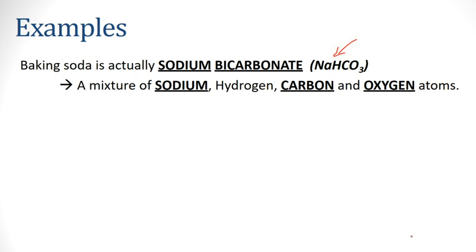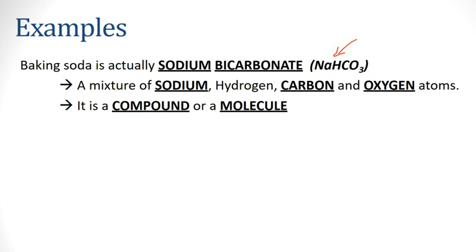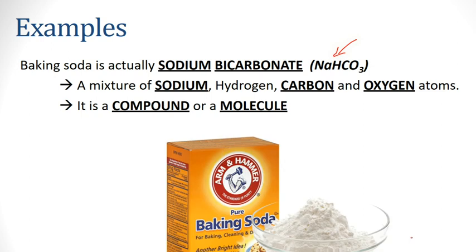So if you take sodiums, hydrogens, carbons, and oxygens, and put them together a certain way, you get a molecule of baking soda, or the smallest unit of baking soda. Now, if you buy a box of Arm & Hammer baking soda, what are you buying? Just baking soda. It's pure baking soda. If you look on this box, it will say 100% sodium bicarbonate, because it's